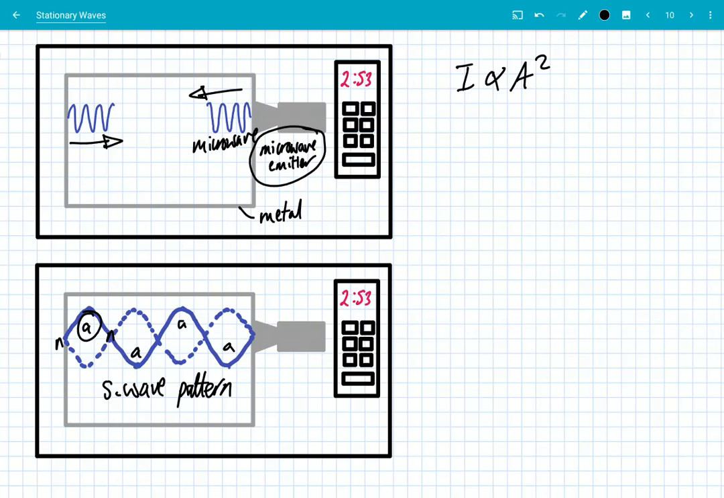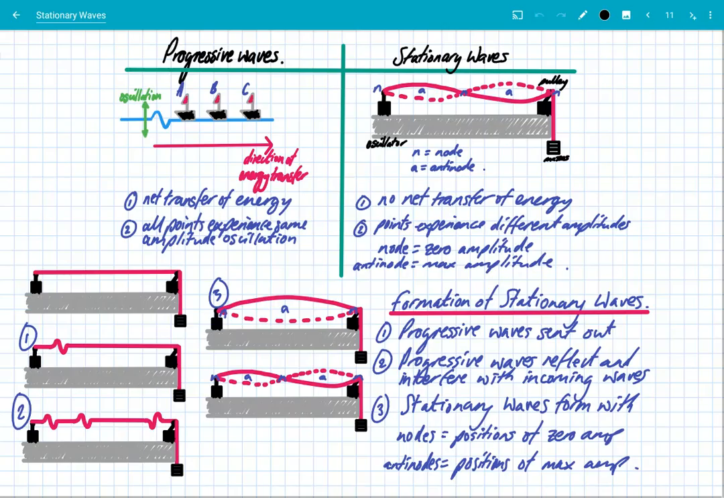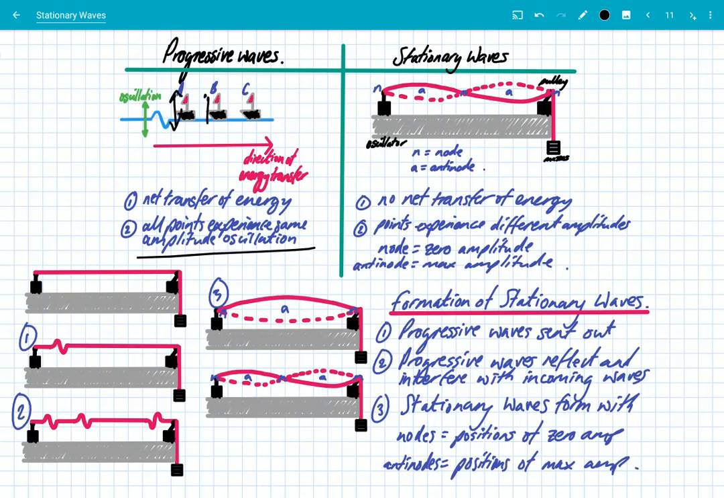This is just another example of how stationary waves are formed. So let's have a look at a summary. First of all, progressive waves, they're the waves you're normally used to. That's where there is a net transfer of energy from point A to point B. And all points experience the same amplitude of oscillation as the wave goes past. So each of these boats vibrates up and down with the same amplitude. But when we look at stationary waves, there is no net transfer of energy. In fact, energy is stored within the system. And that's because waves are being sent out and they're being reflected. Different points experience different